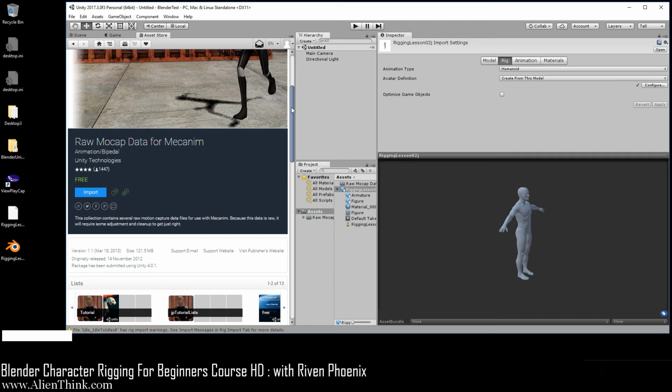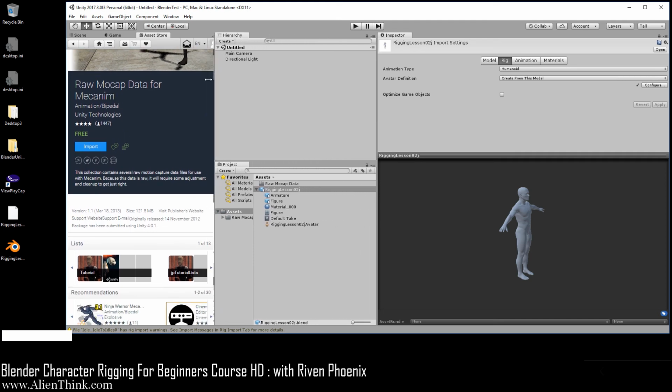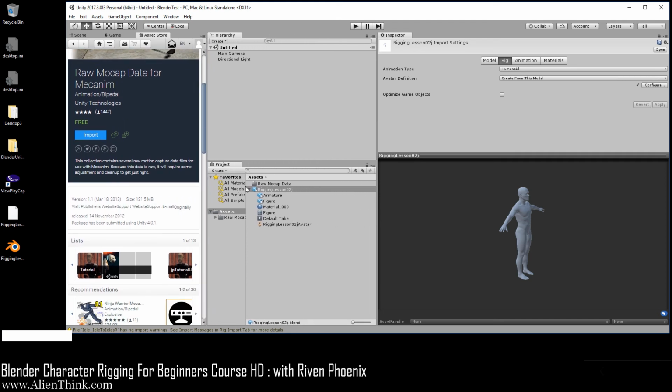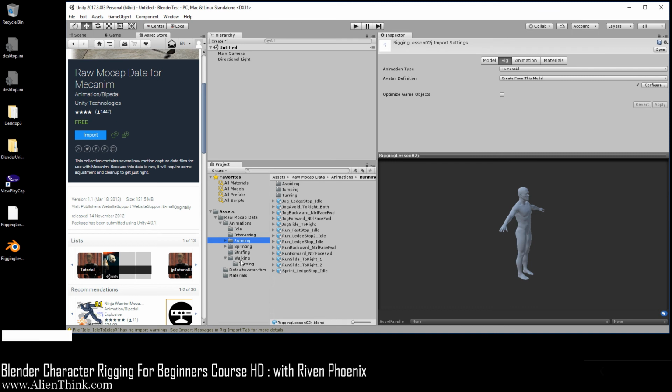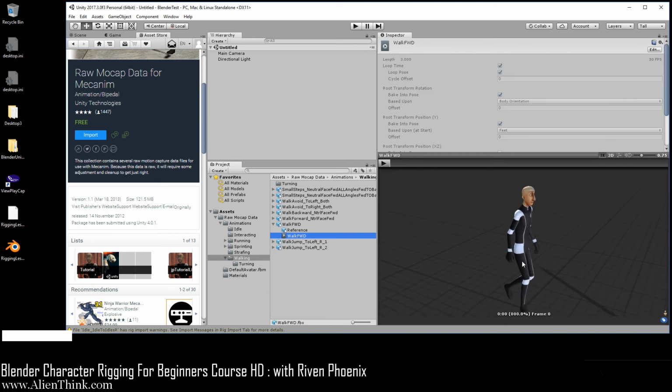So here I'm just going to actually move this right over here. So over here under the assets, if you open this up, click on animations, you'll get these folders over here. Okay, so just click on, let's say, this folder over here and click on walking and click this and go ahead and click over here. So you'll see that this is their default character. You can do the right mouse button to rotate around. This is the speed of the animation over here. Just click on play. So you'll see that he's walking.